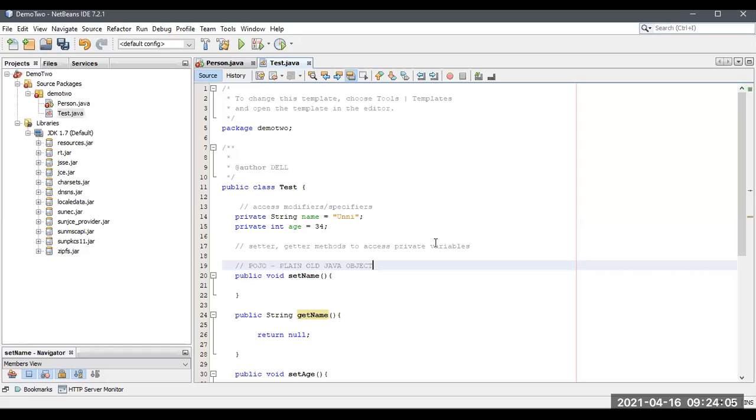What is the use of this? It consists of setter and getter methods. If you are going to give confidential information inside your program and you want to access those variables, it is essential to provide setter and getter methods.